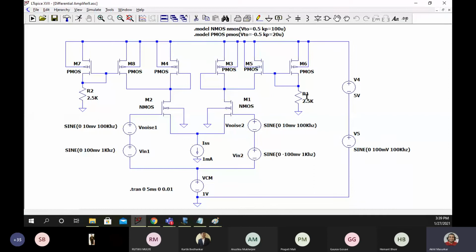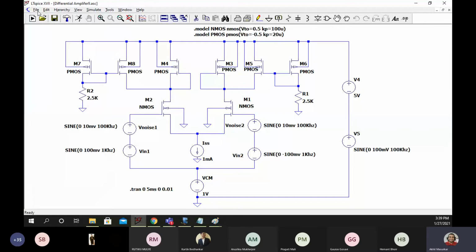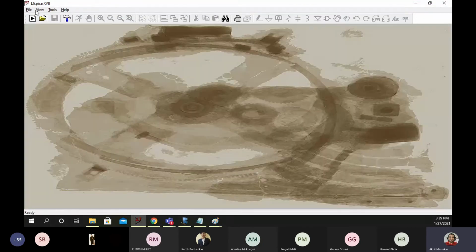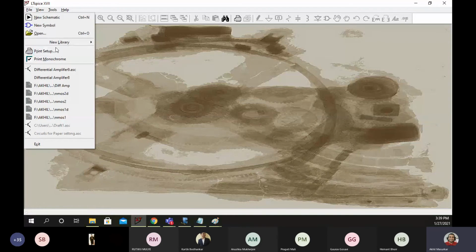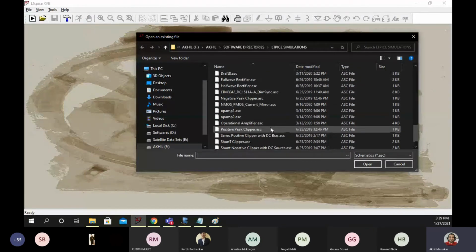So we will now be using the circuit and generating the SPICE code instead of doing it the other way around, because the other way around, no problem, we can do it, but it will be unnecessarily time consuming, and we are interested in results rather than actually writing the SPICE code. So just for your information, I thought I'll show you this. And let me go back to our previous circuits.